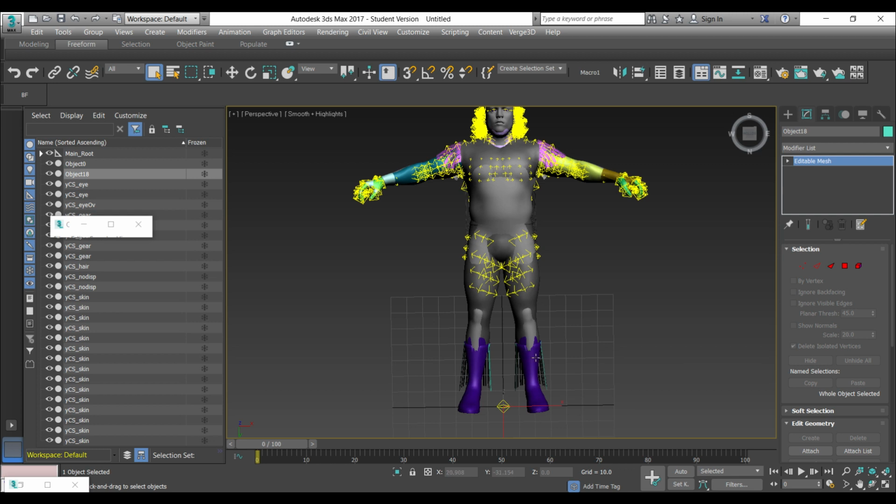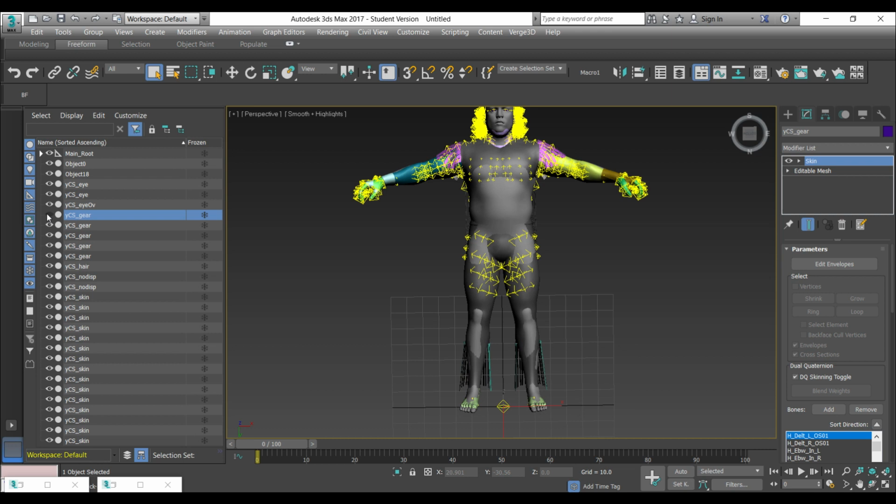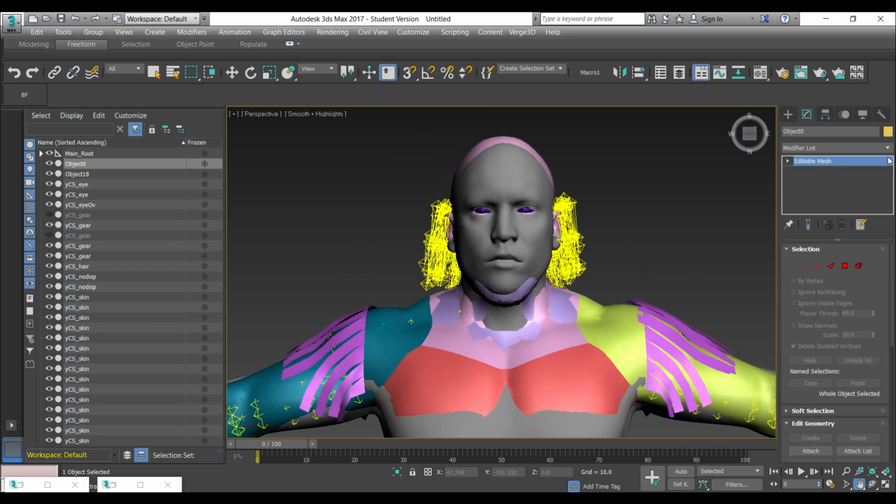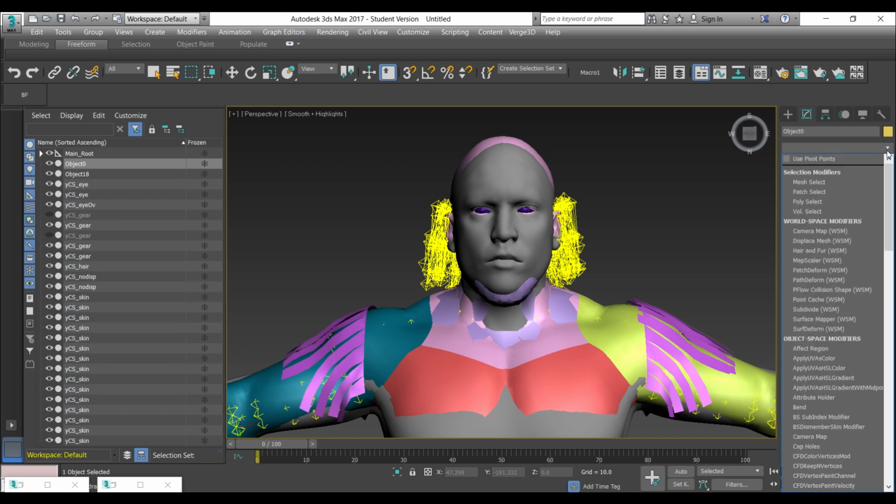Okay, I'm just going to hide the entire parts that we don't need, so that it's a bit easier for me to rig the model. Okay, that should be fine. Now, firstly, I'm going to start rigging the head, and the manner in which I do this is I like